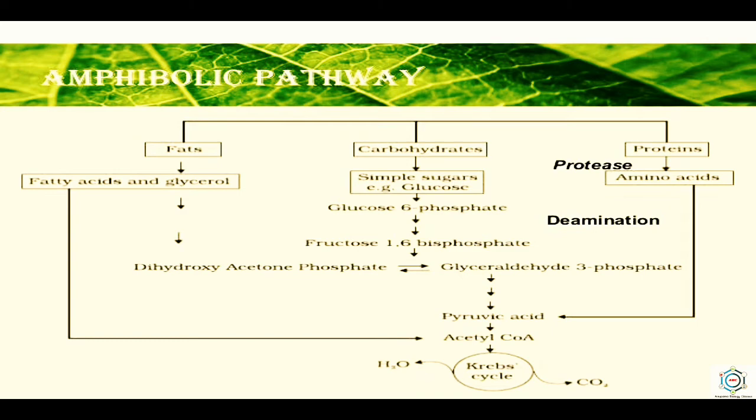However, the breakdown of respiratory substrates provides carbon skeletons for the synthesis of a large number of other essential plant products such as polysaccharides, proteins, fats, nucleic acids, pigments, cytochromes, etc. Thus, the same respiratory process which acts as the catabolic pathway for the respiratory substrates also acts as an anabolic pathway for the synthesis of various intermediary metabolic products and secondary metabolites. The respiratory pathway therefore acts both as a catabolic as well as an anabolic pathway. Thus, it is better to call it an amphibolic pathway rather than a catabolic pathway alone.